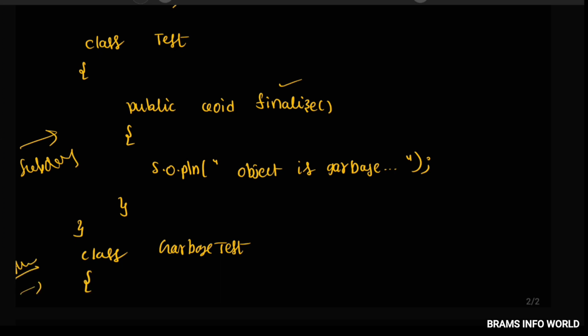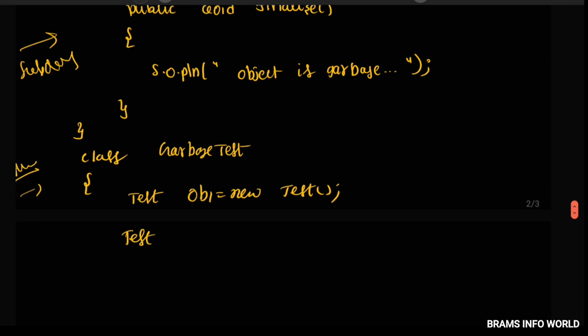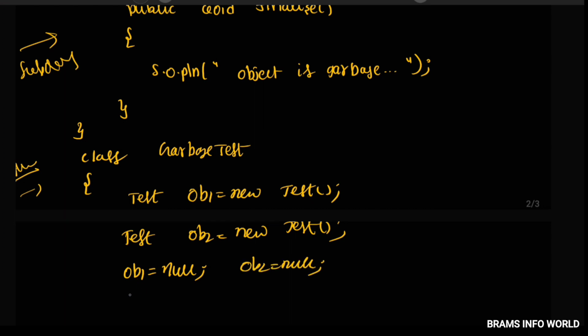Now I'm going to create two objects. Test ob1 equal to new Test. In the earlier example we took Person, but here I'm taking Test. There is one more, Test ob2 equal to new Test. See, two objects are created. As per the first method, we assign a null value to ob1, and ob2 also gets a null value, so they become garbage. To know whether it is garbage or not, we have to use the GC method. Whenever you call the GC method, it is automatically activated. And one more point, we have to write public static void main String args. This is the way we write the program.